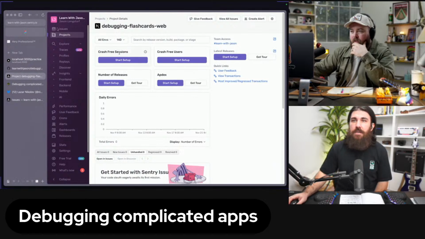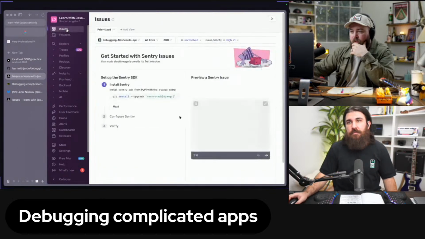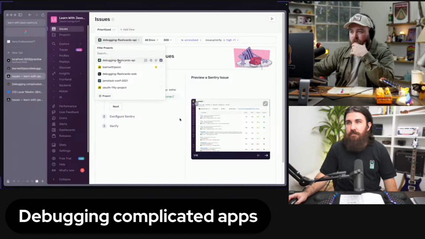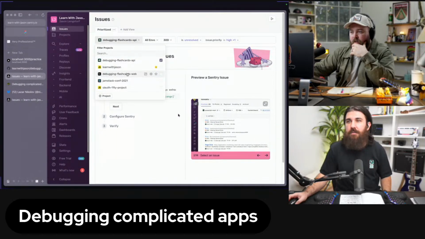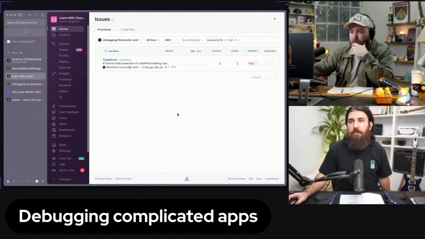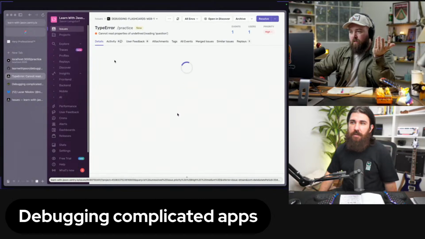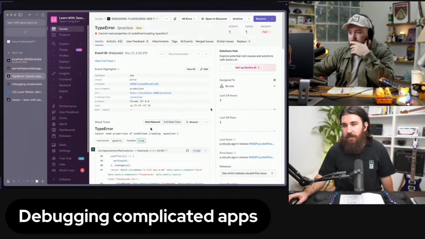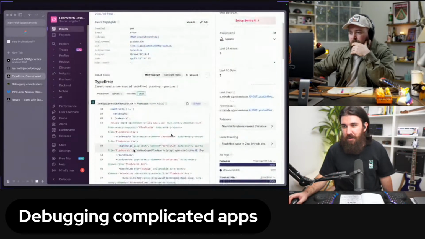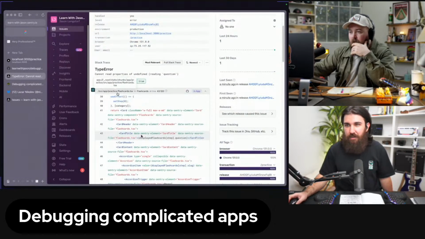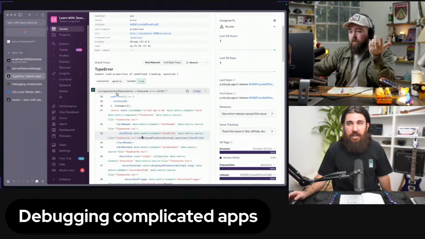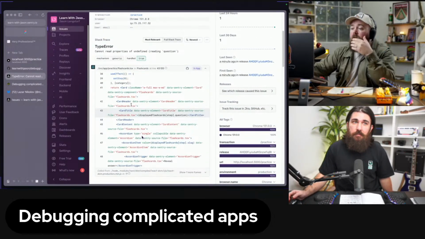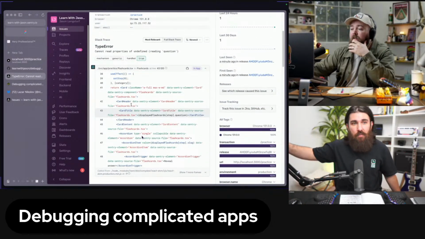Okay. Go to issues. Yeah. I'm in the, let's see, this is the API. I'm looking at the web, right? There we go. This is the undefined, right? Click into it. And look at that. You see the code snippet at the bottom, the stack trace. Oh, this is from the source code. In production. Yeah, so you can't see it in Chrome.